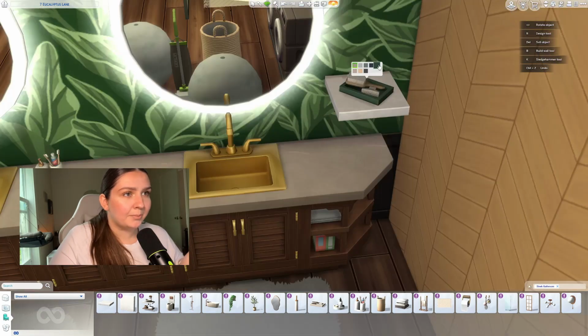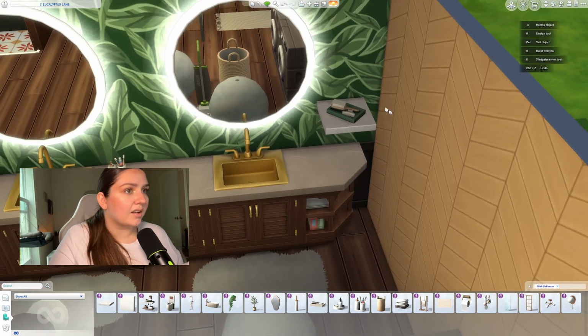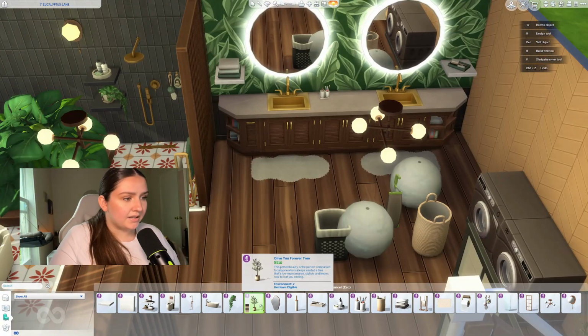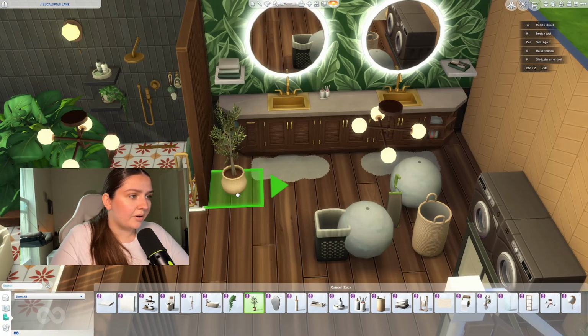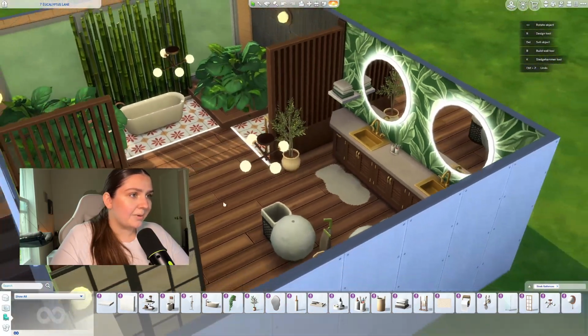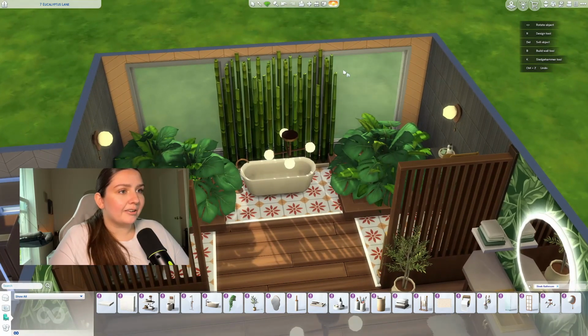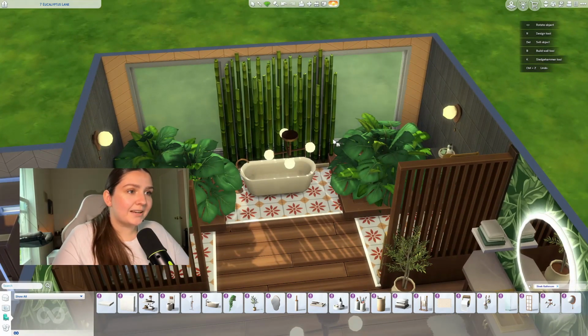And we'll put this hairbrush and claw clip holder over on this side. Okay. I think that has us using everything from this. I know I already have one of these plants in here, but I just wanted to add another one because it's adorable. Right now I'm putting off figuring out what to do with these windows because I want my bamboo